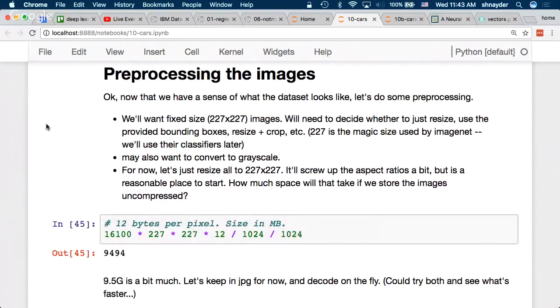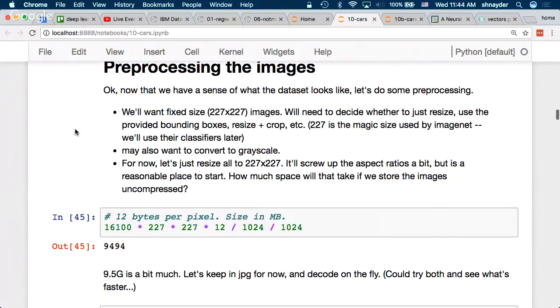Next is to get this ready to process. So I resized them all to 227 by 227. Why is this a magic number? Per Andrej Karpathy's suggestion from yesterday, don't be a hero, use ImageNet models. That's what I'm going to end up doing at some point. 227 is the size I use for ImageNet, the same size images that'll make all the models work well.